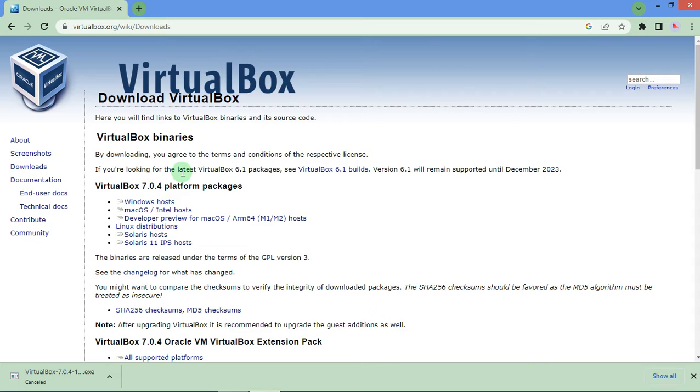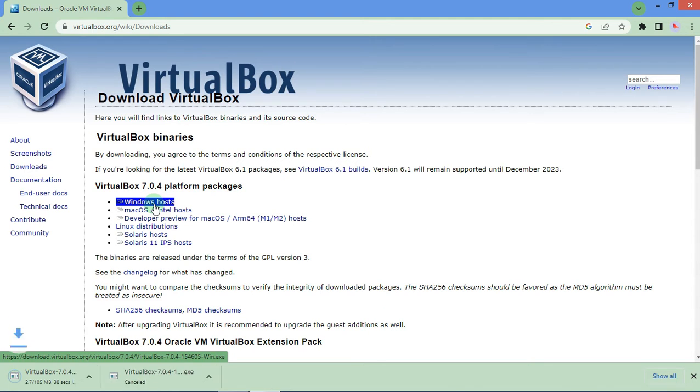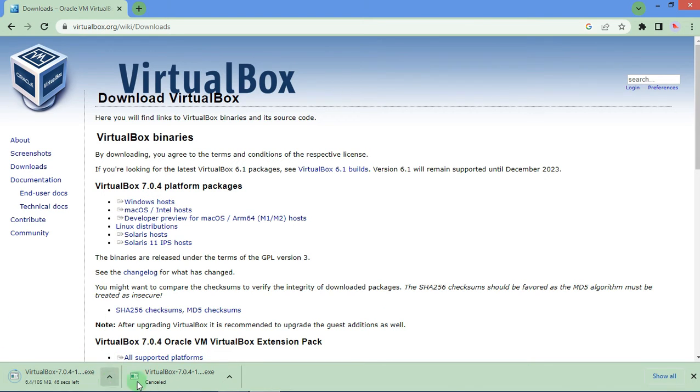Okay, now I am using Windows operating system, so I am choosing this option, Windows host. Okay, now see the download has been started. Please wait some time for download to complete. Okay, once the download is complete, simply double click on this setup file,